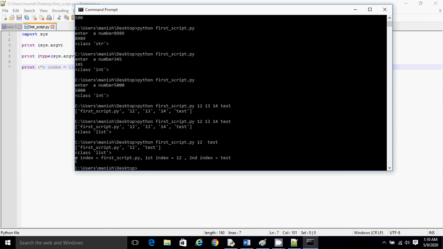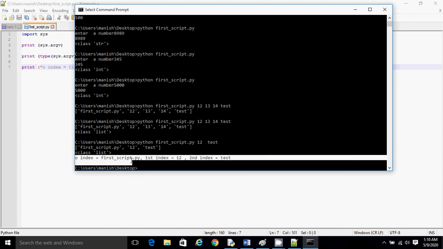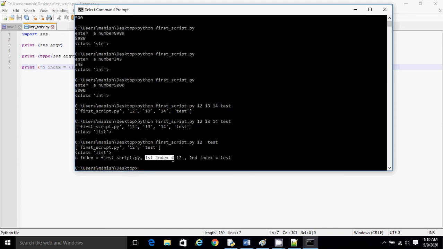If you see here, at the 0th index we have the script name, at the first index we have the first input, and at the second index we have the second input, and it's a type list. So this is how we take input from the command line, and it gets stored as a list in sys.argv, and we can use a lot of the methods we have for lists, so we can do whatever is needed for our program or our script.